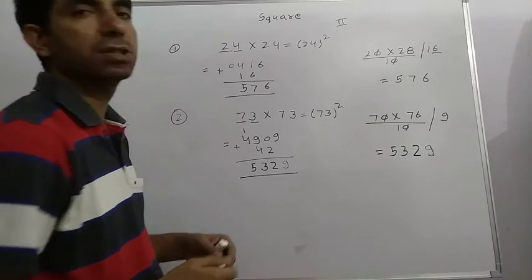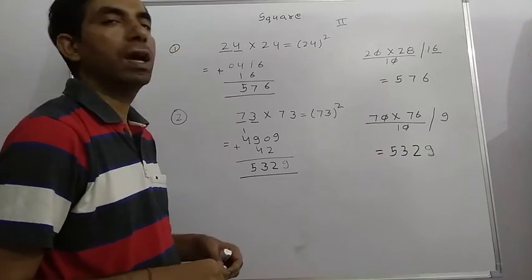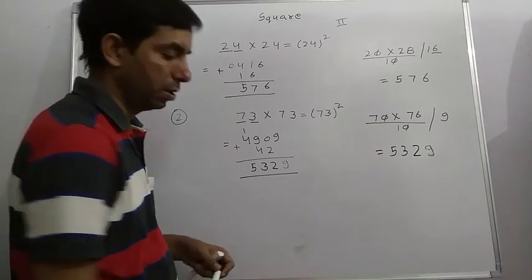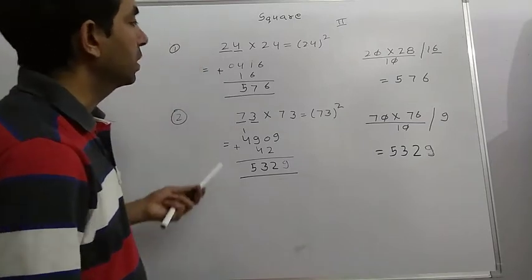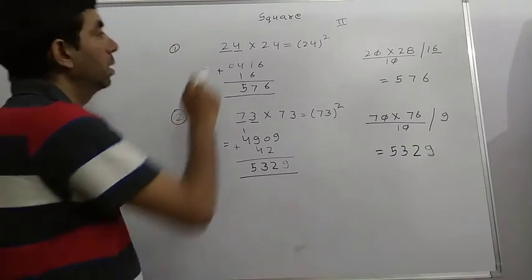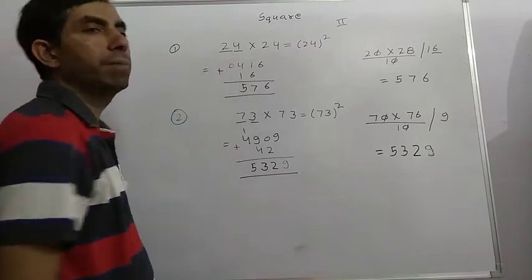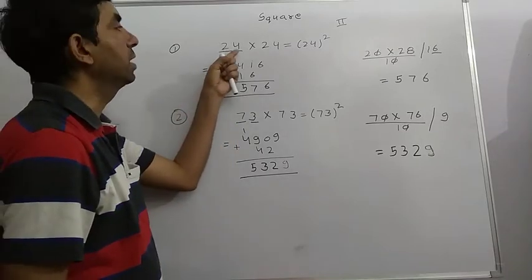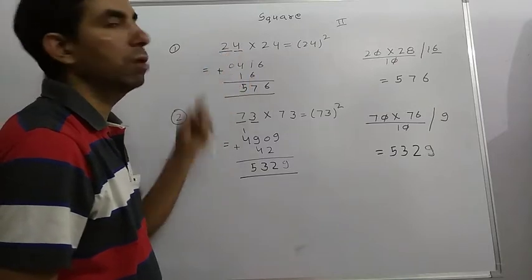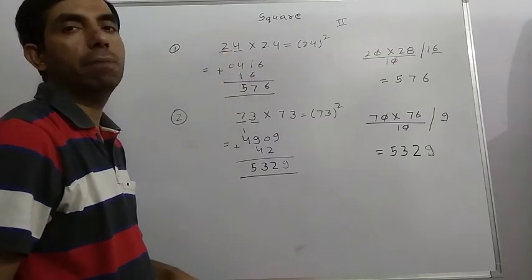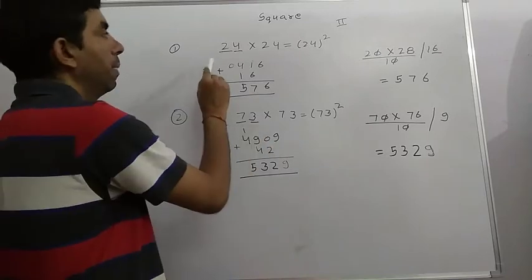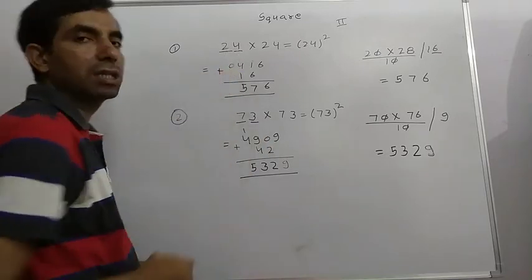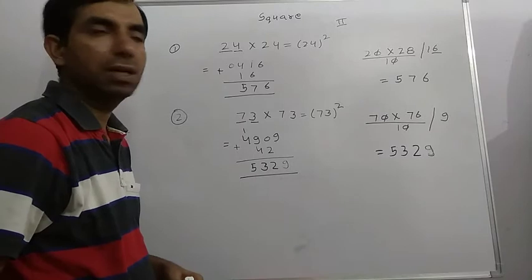By this method, we can solve the square of any number in less than 5 seconds. By this method, we check again. In the first method, we divide the number into two parts. For the first part, write the square, then write the square of the second part, and downside, write the double of their multiplication. Double means first we multiply them with each other and take double, multiply by 2.